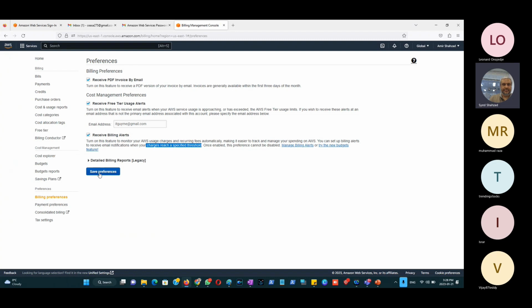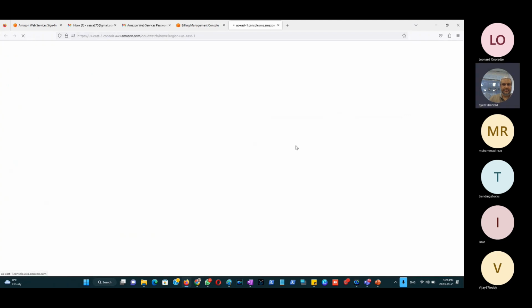Oh, before that, we will have to save preferences. We selected two options here. So I'm just going to click that save preferences button here, right? Once it is saved, now I would want to go for manage billing alerts. So once we go to manage billing alerts, and if it decides to open today,